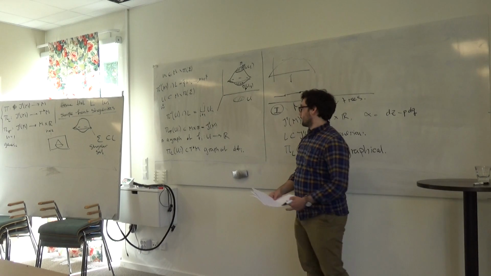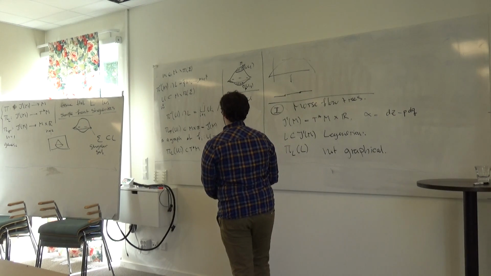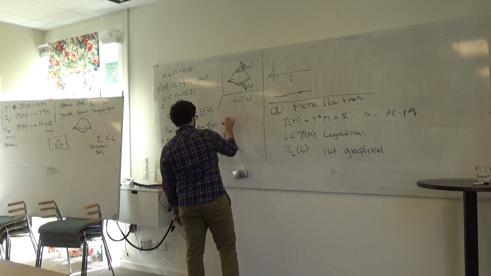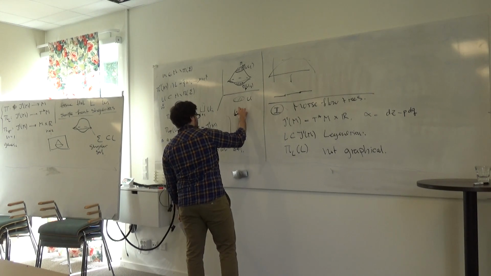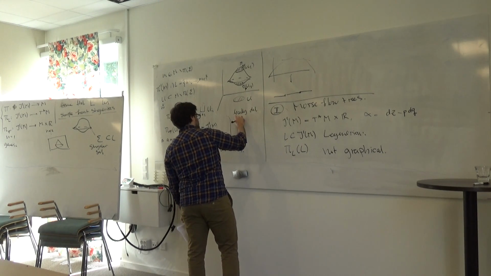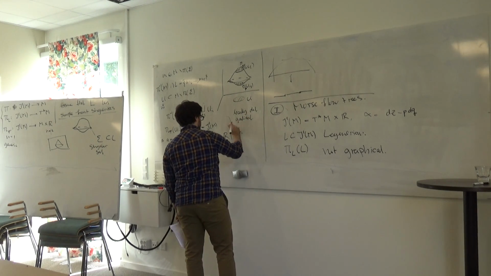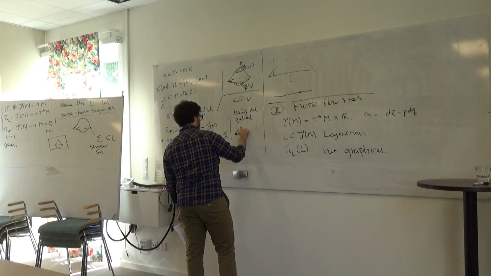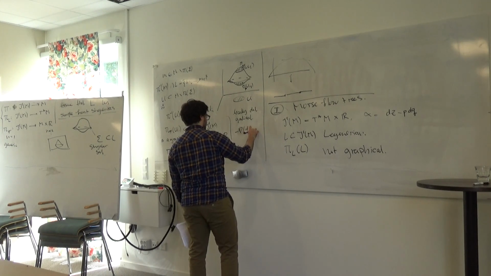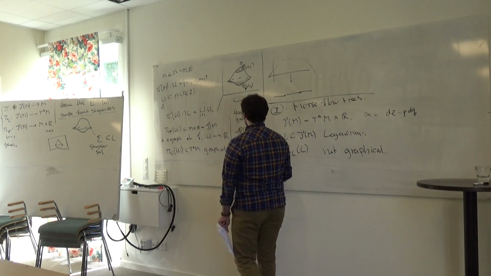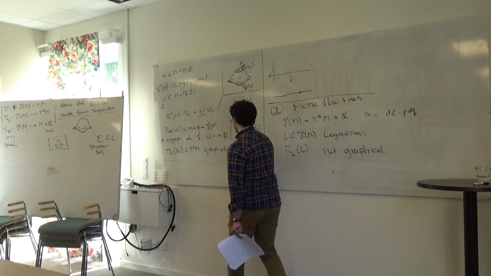So for these functions we can also consider their locally defined gradient, minus the gradient of f_i minus f_j, which is defined where